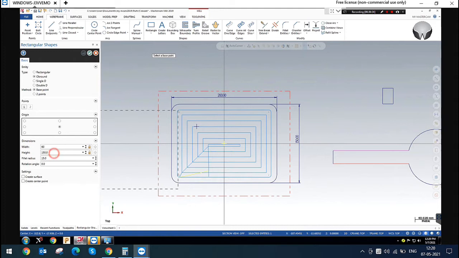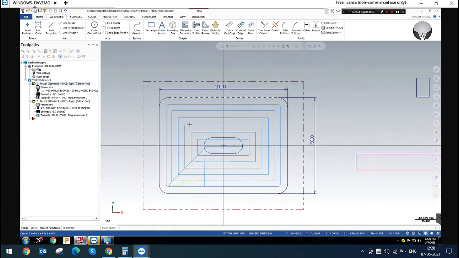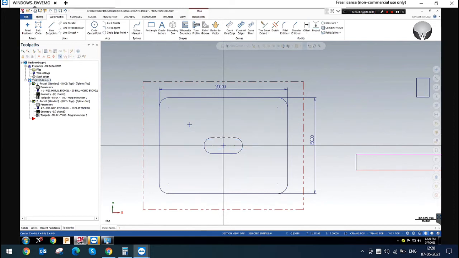This is a cavity you have to remove, and you have to neglect this.